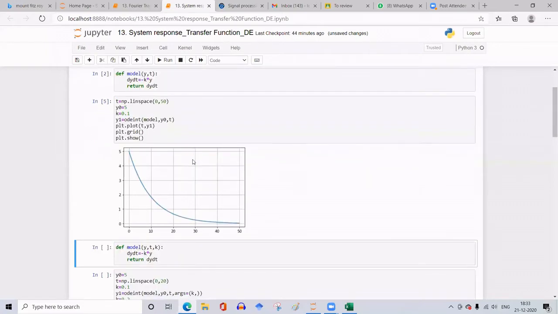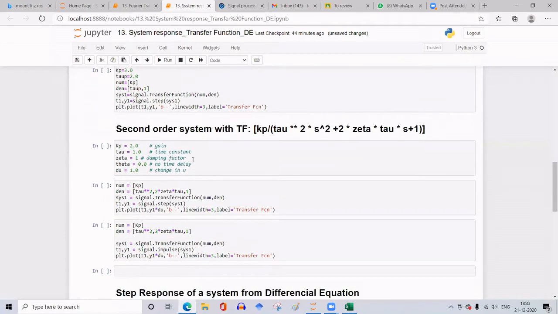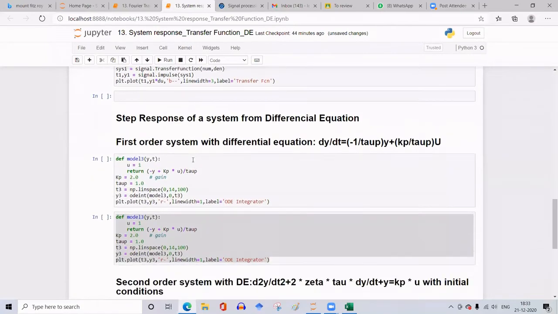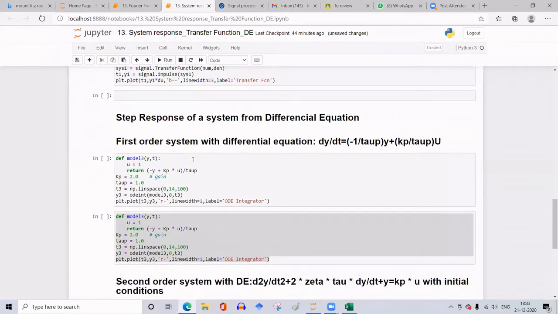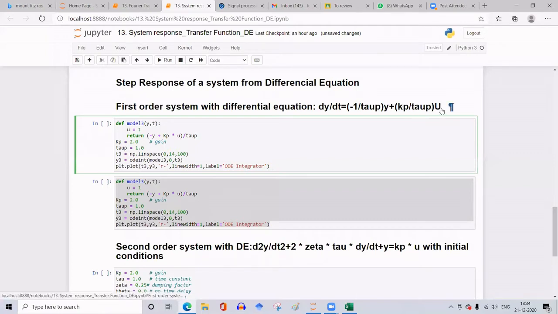So let me take a second order differential equation. One more first order differential equation with the input u given. So this is another equation. dy by dt is given by minus 1 by tau p into y plus Kp by tau p into u, where u is the input.